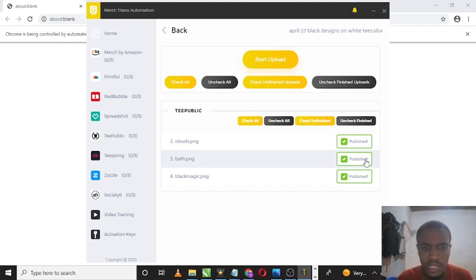And in my experience with using this tool, I've observed that in some cases when there's a network glitch during the upload, it's gonna stop, and what you have to do is relaunch the software, re-upload the CSV file, uncheck the ones that have been published and leave the ones that have not been published and click start upload. You can also do that quickly by just clicking on check finish product, check finish product, and all of that, and that's how you use that for tip of the